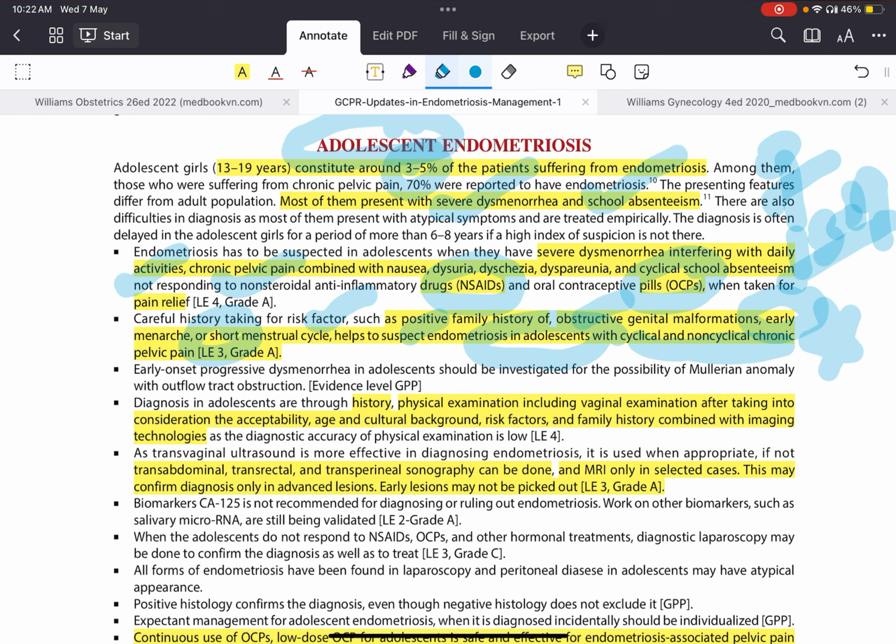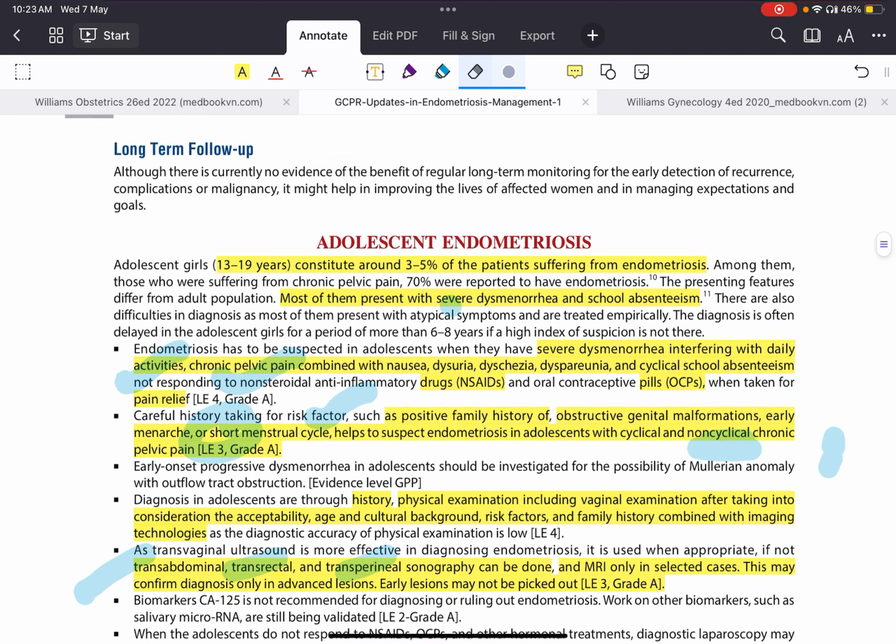History is important, physical examination is important. We should take the age, cultural background, and risk factors as well. Transvaginal ultrasound is the investigation of choice, but in adolescents, as it is inappropriate, we can do a transabdominal, transrectal, or transperineal ultrasound. MRI in selected cases. So 3 to 5% is the incidence. School absenteeism, severe dysmenorrhea is seen. If she is